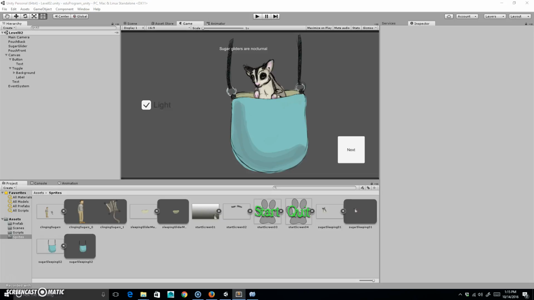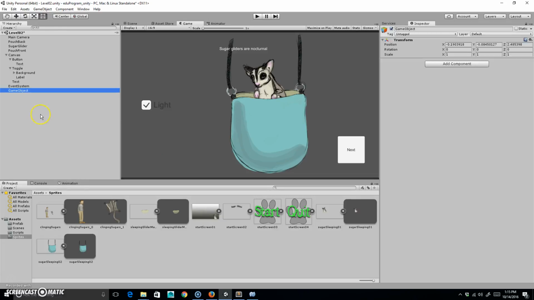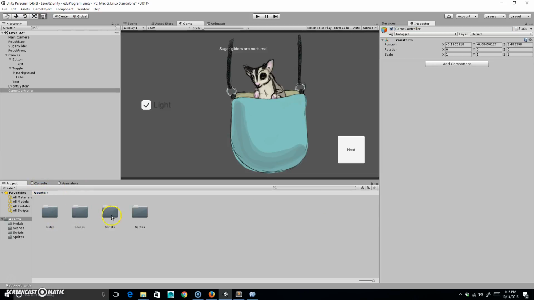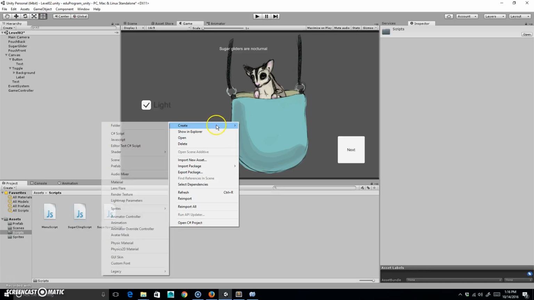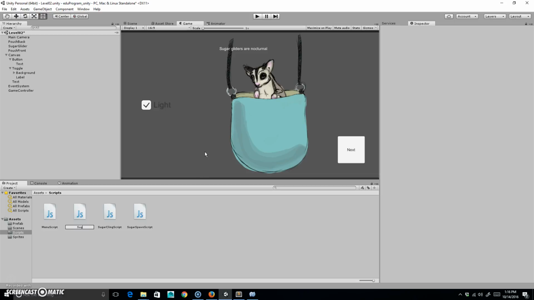Okay. So basically I want to make it so when the light gets switched, the toggle will make that function. So in order for that to happen, I'm going to need a game object that is going to work on this. So I'm going to make a new object, create empty, and we're just going to call this one game controller. And I'm going to make a new script for this, and this is just going to be called sugar wake script. So create JavaScript sugar wake script,